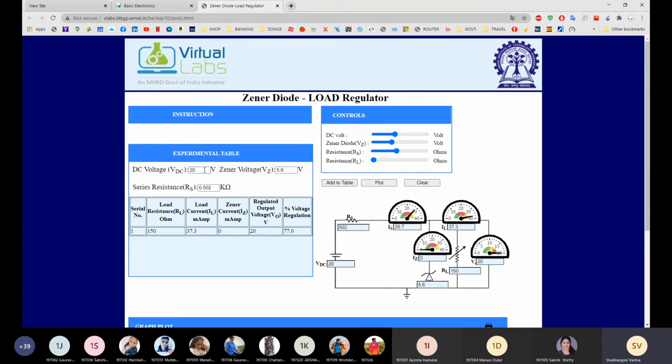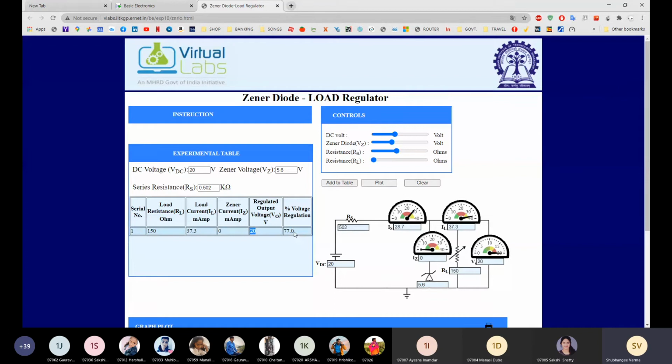Here you can see your constant input voltage is 20. Zener voltage is 5.6, and RS is 0.5K. 0.5K means 500 ohm. You can see over here. And your load is 150, and for this your output voltage is 20.